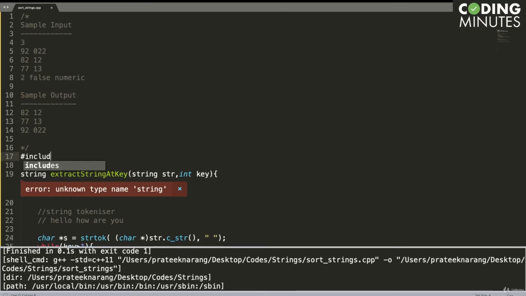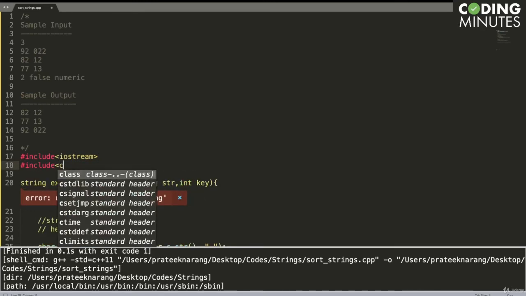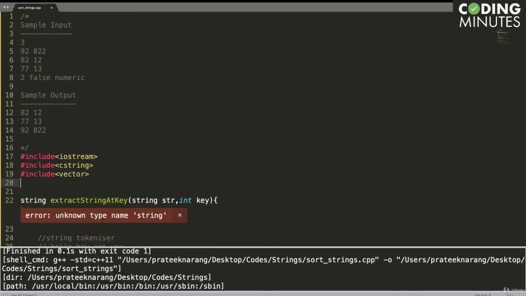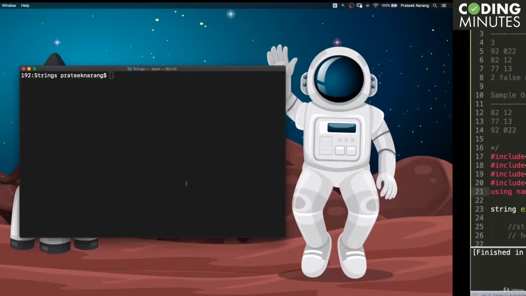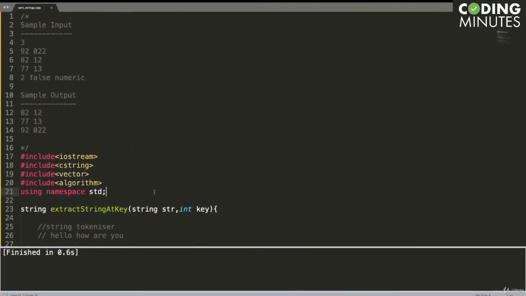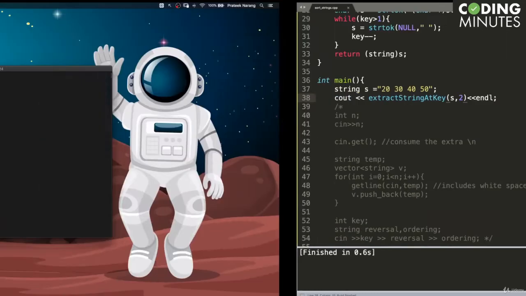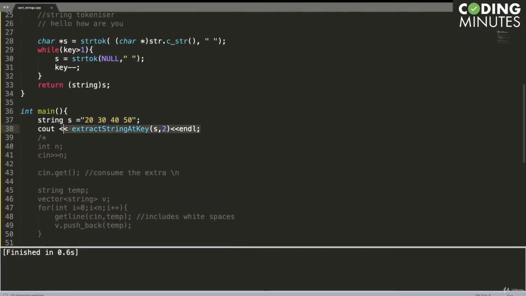Yeah, we need to include header files. So you can see we are getting 40 as the output. If I say give me the second column, then we should get 30 as the output. So you can see this function is working perfectly fine.